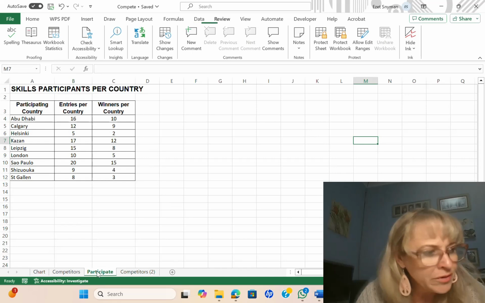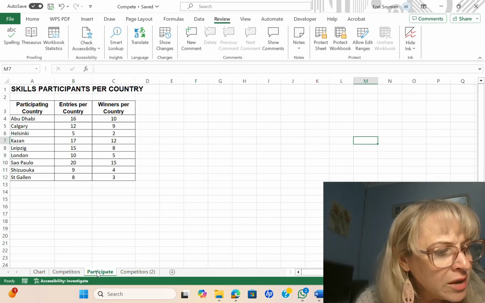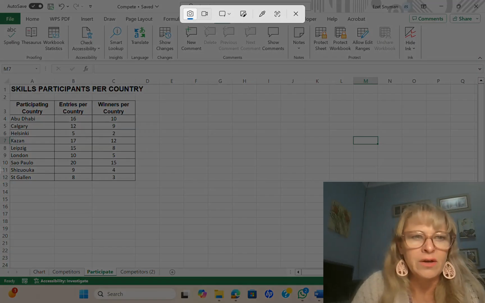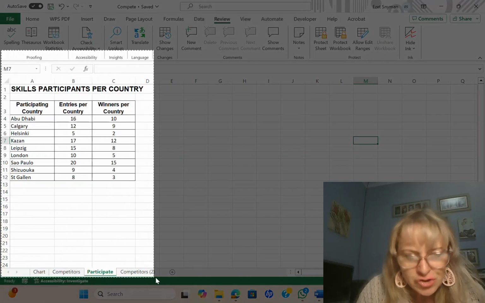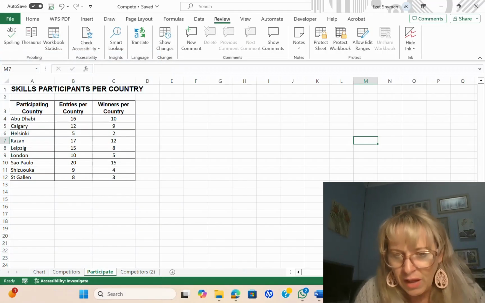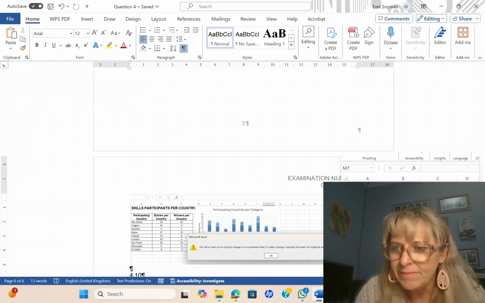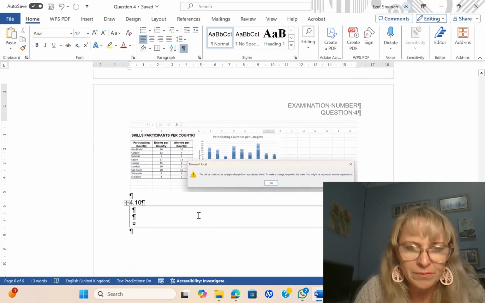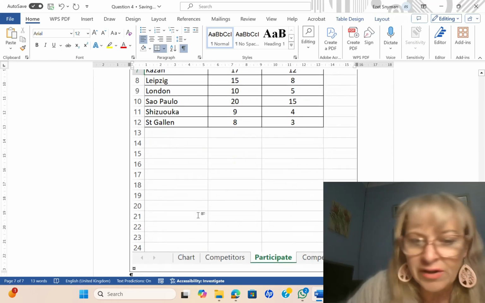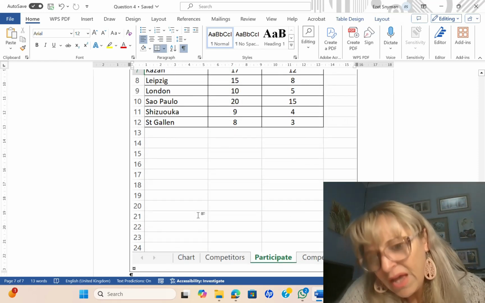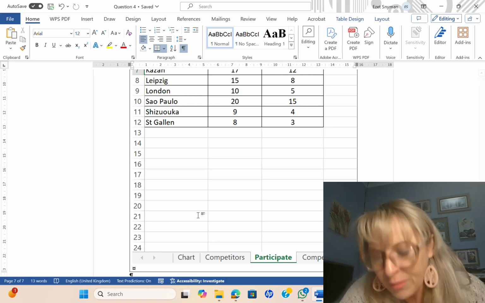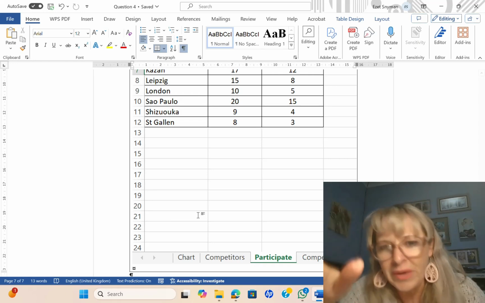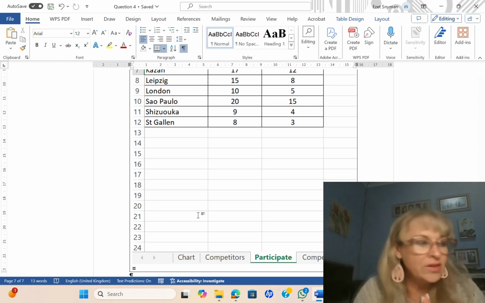Then they want you to select participate and create a print screen image of the entire window showing the available sheets, and then paste it in the space provided. All right, so now I make my print screen showing the bottom sheets as well, and then I'm going to paste it in. Just close that, and I'm going to paste it in 4.10. Okay, and that is it, because there you can see all the sheets at the bottom, and you can also see that you made a copy of competitors, and obviously they will probably give you a mark for unprotecting it, because you can't make changes if you don't unprotect it. And that is the end of Excel.